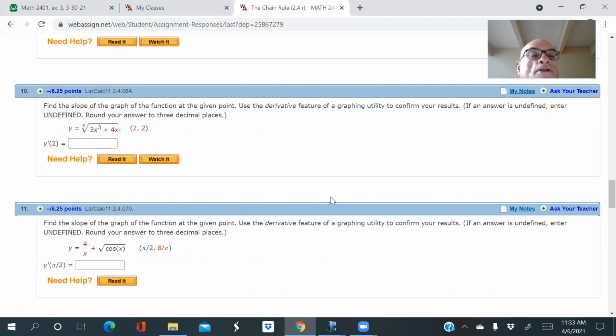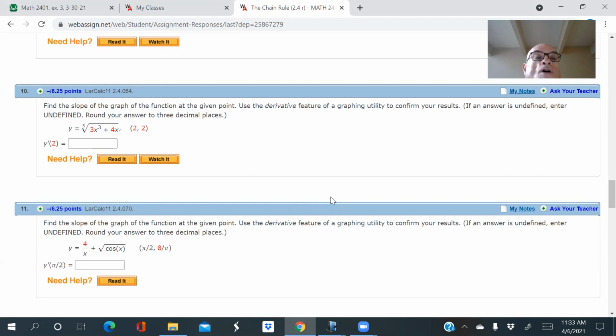Find the slope of the graph of the function at the given point. Then it says use a graphing utility to confirm your results, but you don't have to really do that. You can do this just with pencil and paper. Our function there is the fifth root. We don't often deal with fifth roots, but in my version it's the fifth root of 3x cubed plus 4x, and we want to find the slope of the graph at the point 2,